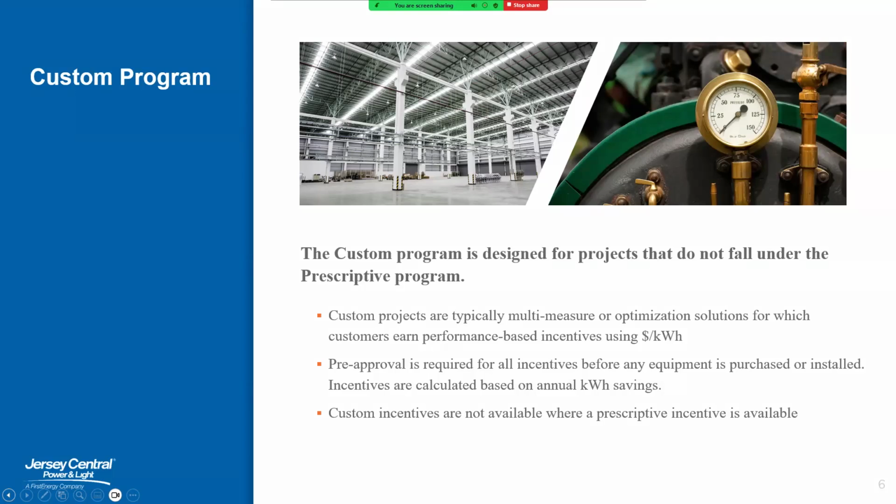Now, through the custom path, we will help customers and work with our contractors to help customers develop tailored projects that best meet the unique needs of their facility and their organizational goals.